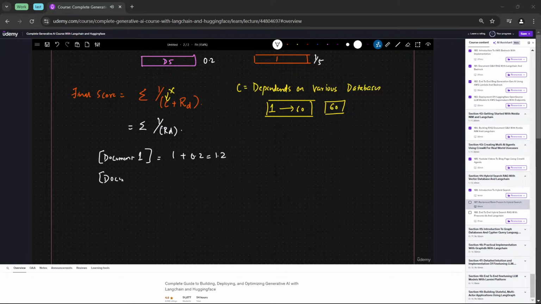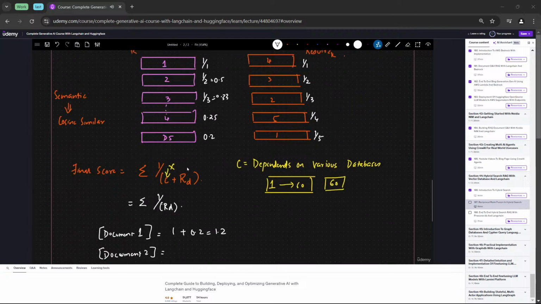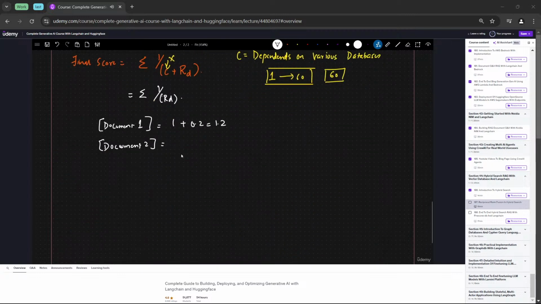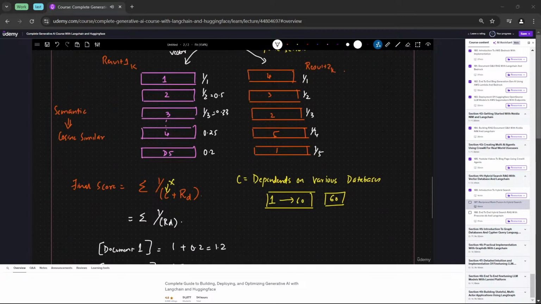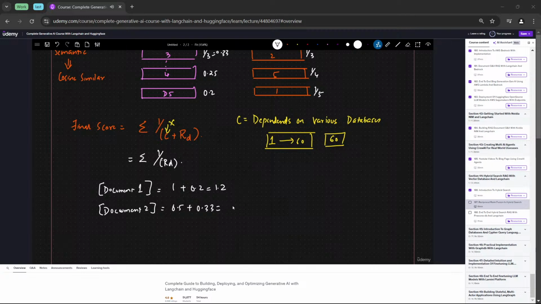Similarly, if I calculate for document 2, document 2 over here gives 0.5, right? So here I'm going to get 0.5 plus the document 2 over here is 1 by 3, that is nothing but 0.33. So here you can see I'm going to get 0.83. So this is my score. And obviously this score is better than this score, so I will be getting document 1 based on my 50% focus on keyword search,